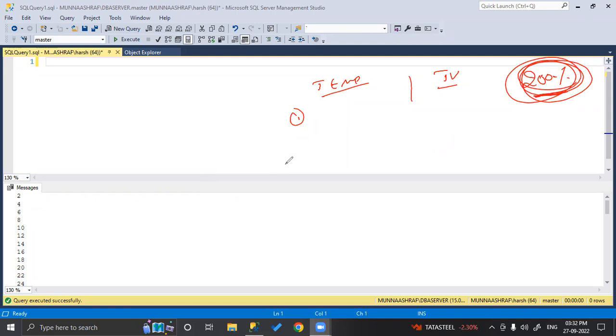Write the next point. Temporary table supports both DDL and DML commands. Done?